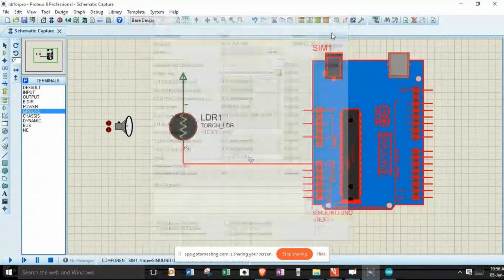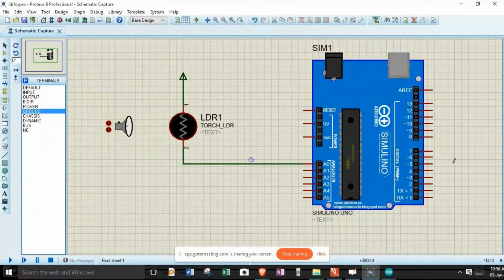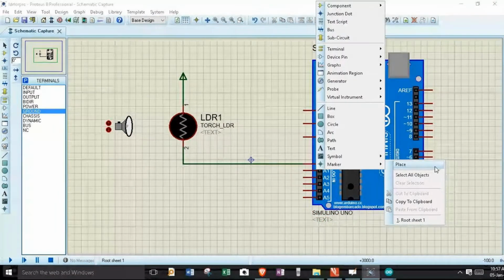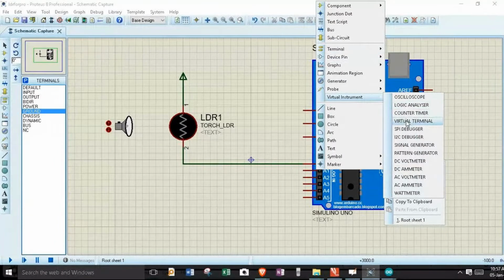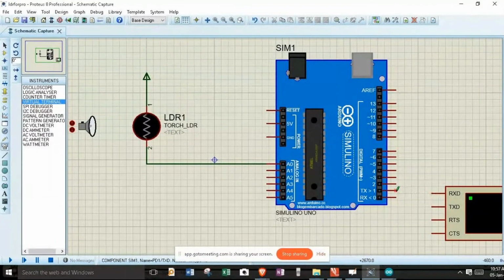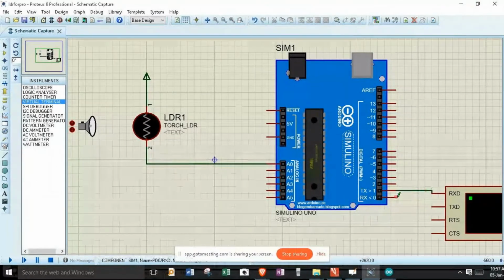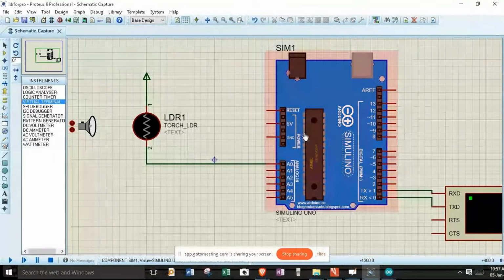Hit OK, and along with this LDR I do also require virtual instrumentation. Now let's try to run this program.